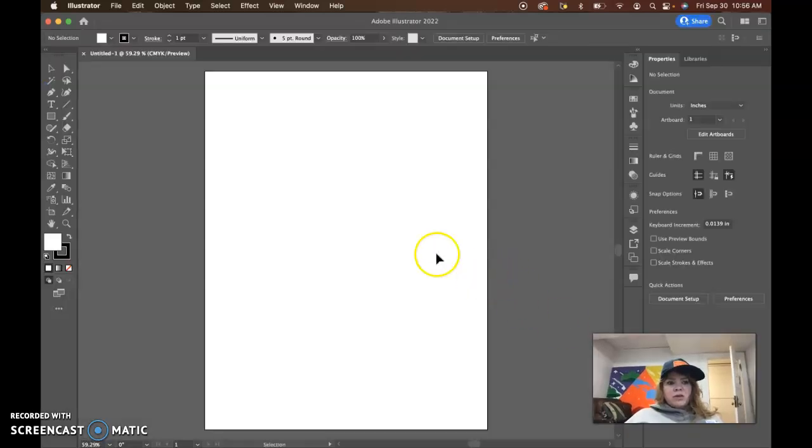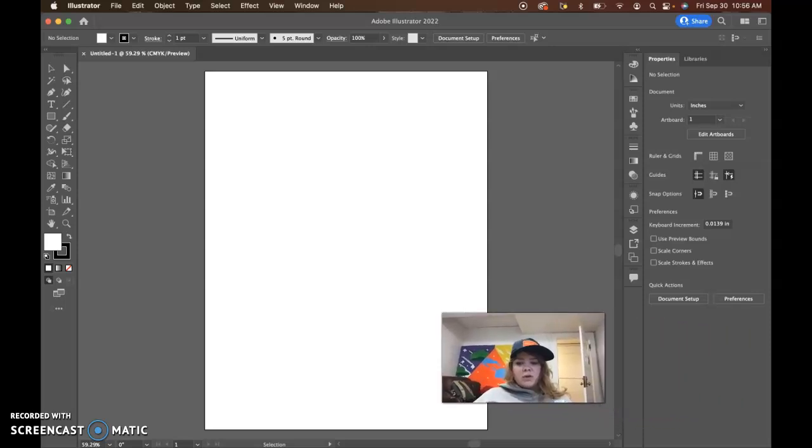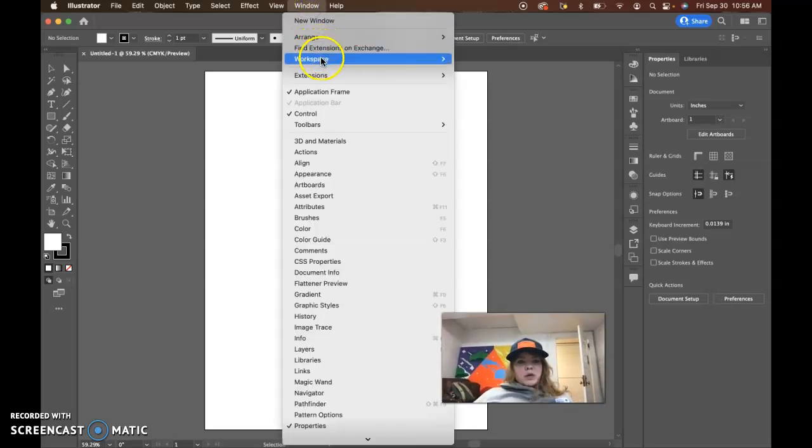So here's Illustrator. It's got some of the same things as Photoshop does. One of the main differences that you might notice is that it doesn't have a layers panel down here. There are layers in Illustrator, but one thing that we should do first is go to Window, Workspace, and